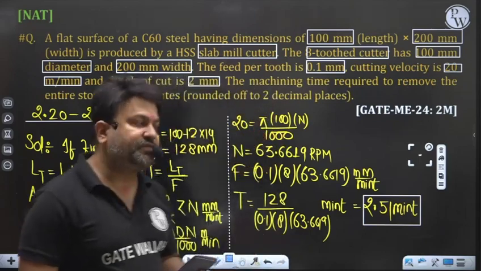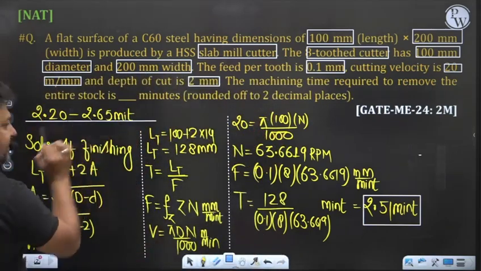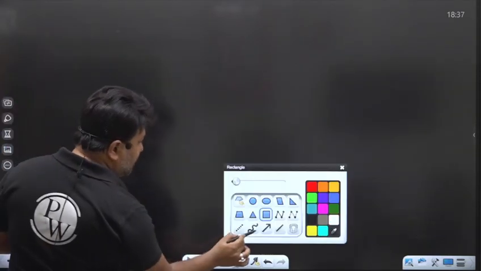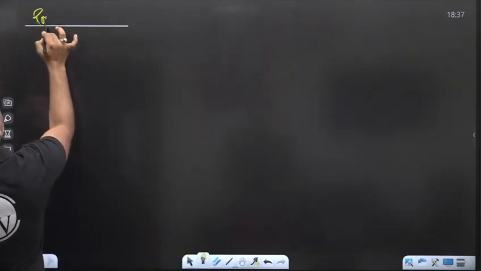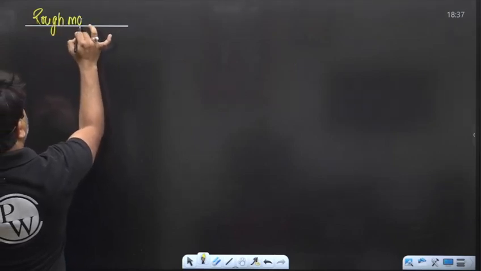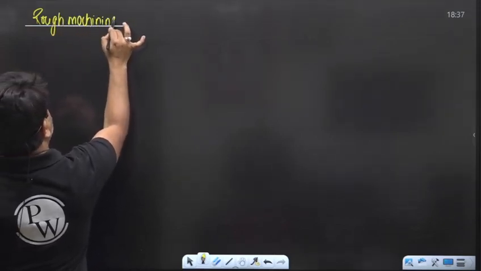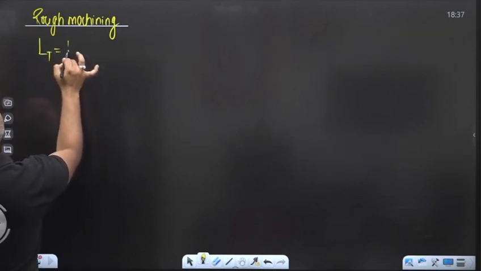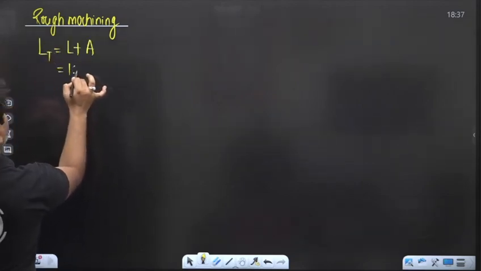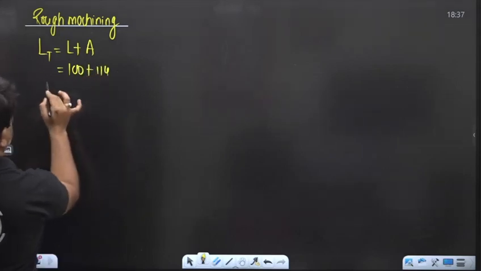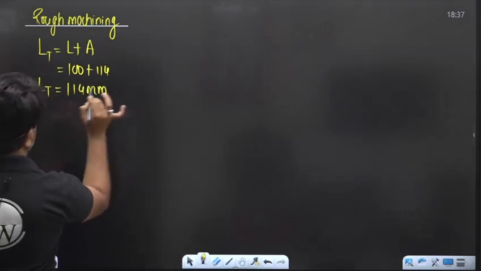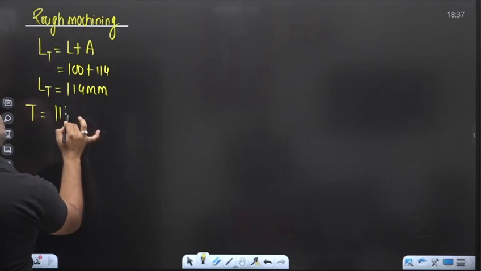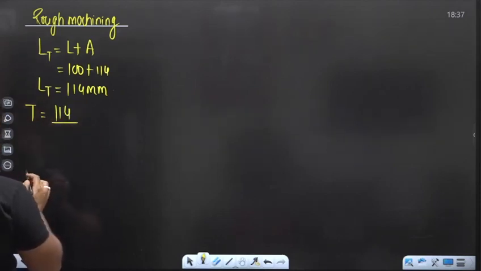If you consider the case of finishing, it comes in this range. Also, suppose you are considering the rough machining case, then the total length will be L plus A, that is 100 plus 14. So LT becomes 114 mm. So the machining time will be 114 divided by